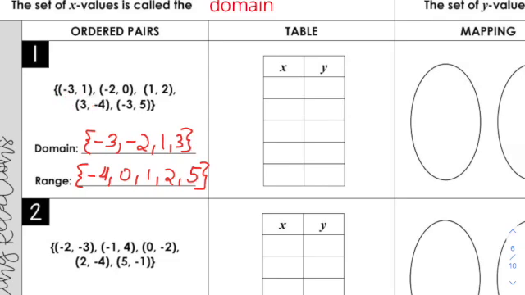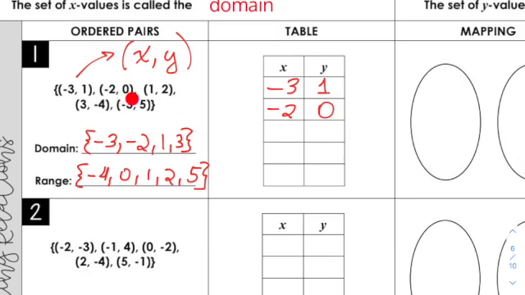Putting it into a table is very easy. All you have to do is get each ordered pair. Remember, each of these ordered pairs represents an x and a y coordinate, okay? So all I have to do is write the x coordinate that's related to the y coordinate. So I have the coordinates (-3, 1), (-2, 0),